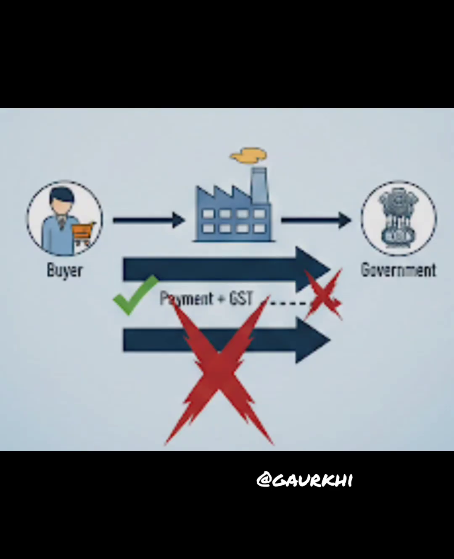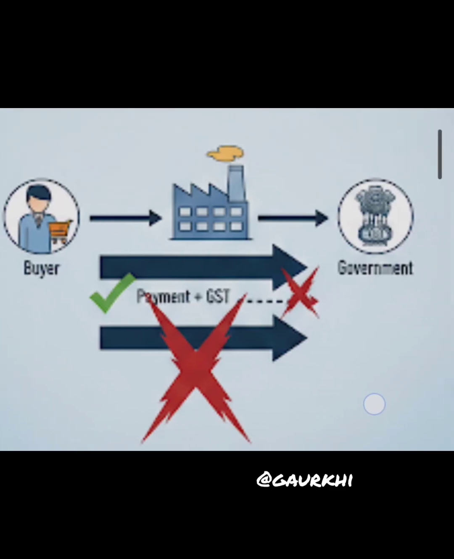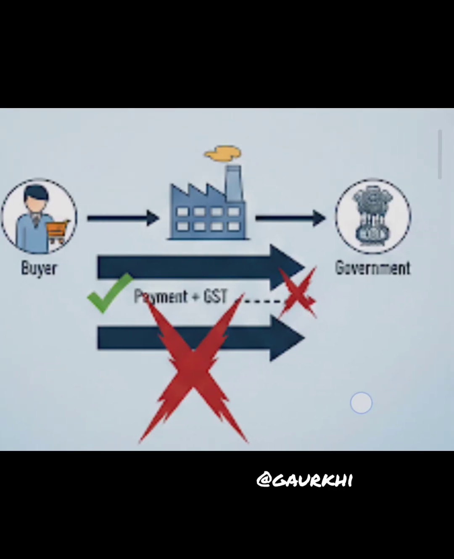I have paid my payment to the seller. I have made the payment of GST. I'm eligible. I have the invoice. I have the goods. I have made the genuine supplies. I have made the genuine purchases. So why should I pay? In that case, the government said